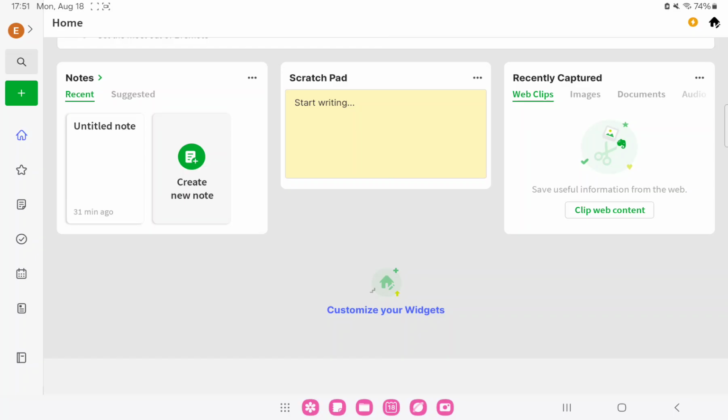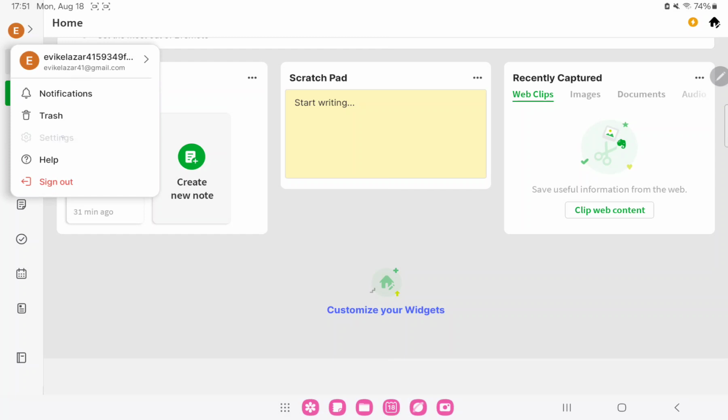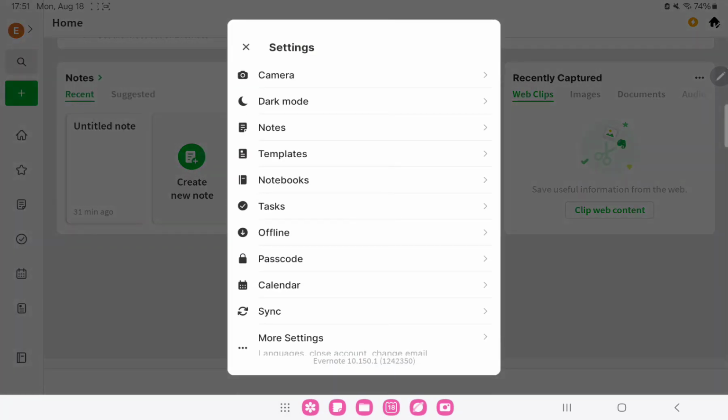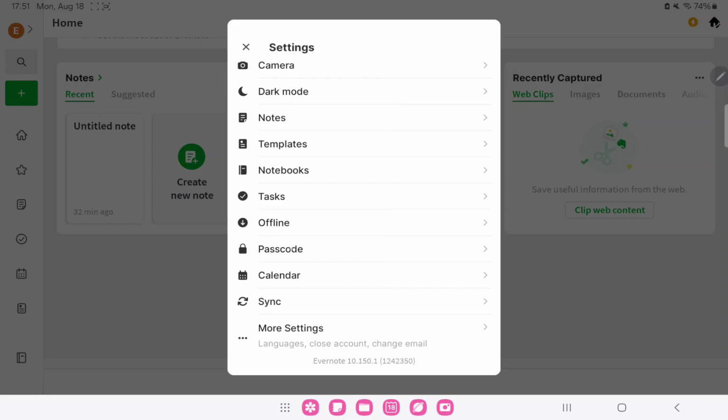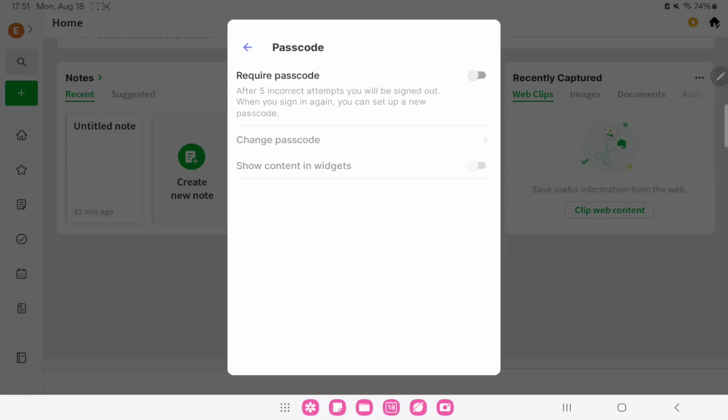First of all, open the application on your device. So that's the home screen, and you can find different buttons. You click to the profile icon at the upper left corner of the home screen and click to the third option, the settings. And here you can find different options. You go to the passcode option under the offline option, and here you can